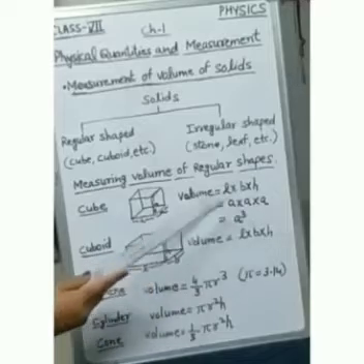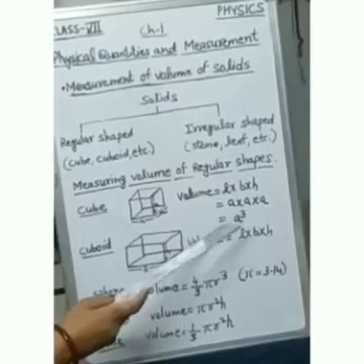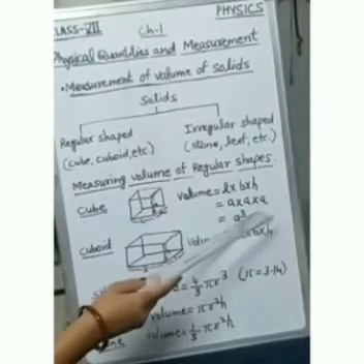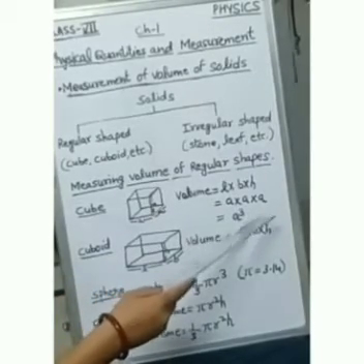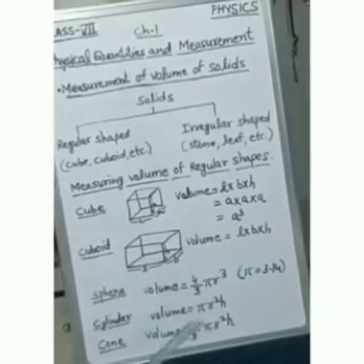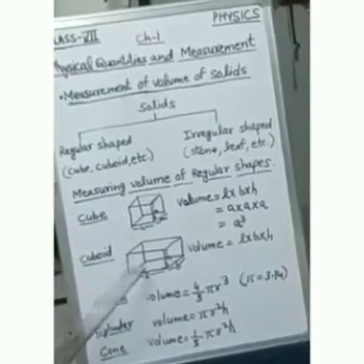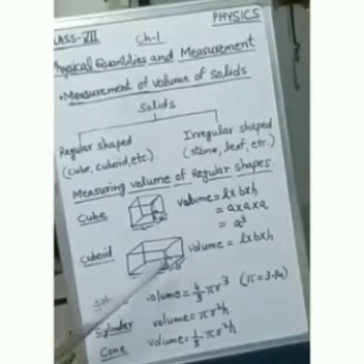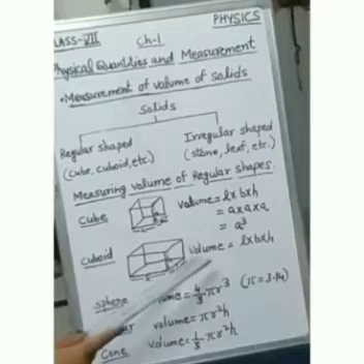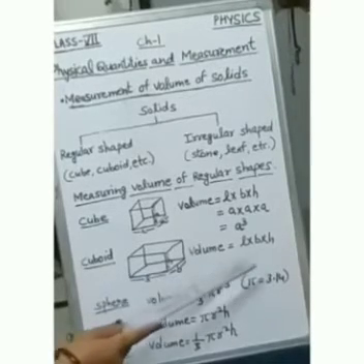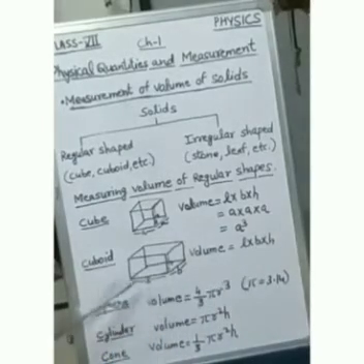As you know, the unit of volume is cubic meter or cubic centimeter. So whatever will be the unit, that will come here. If it is in centimeter, it will become A cube centimeter cubic. So this will become the volume of cube. Now if we talk about cuboid, it has a rectangle face. So volume will become L into B into H. L is length, B is breadth and H is height. So we can calculate the volume of a cuboid.